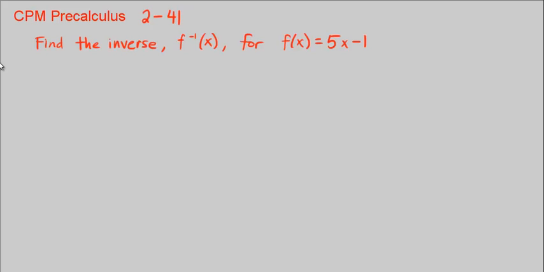This is CPM Precalculus, Chapter 2, number 41. So here we're asked to find the inverse function of f, for f of x is equal to 5x minus 1. So remember when we were talking about inverses, we're talking about how we wrap